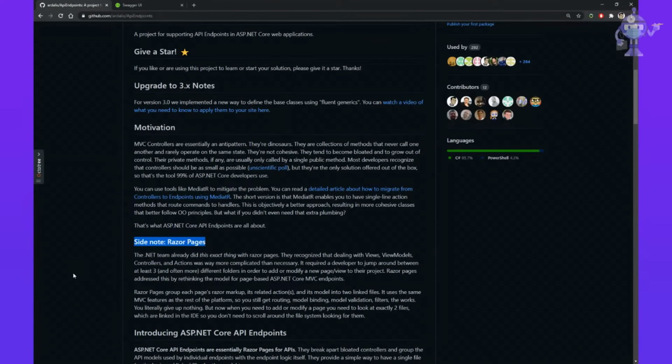Enter Razor Pages, in which Microsoft cleaned all this up in .NET Core 2.0, and made it so that you would have your view and its associated actions or behavior all in one place with a code behind relationship. That sounds a little like what Web Forms uses for code behind, but it is not at all the same. It still retains all of the testability and maintainability that we have grown to love in MVC and .NET Core. So with that, what I wanted to do is apply the same thing to our